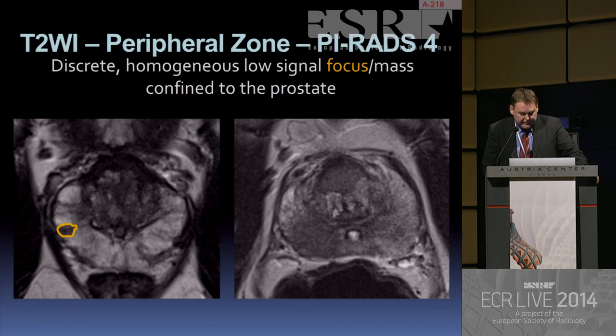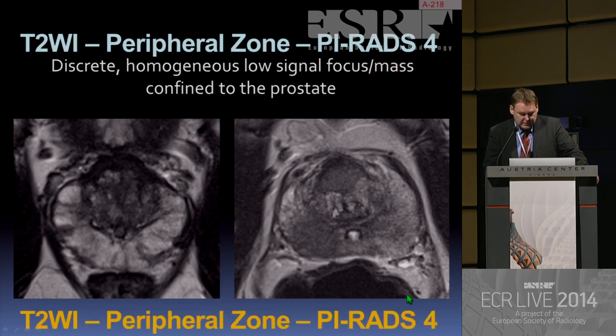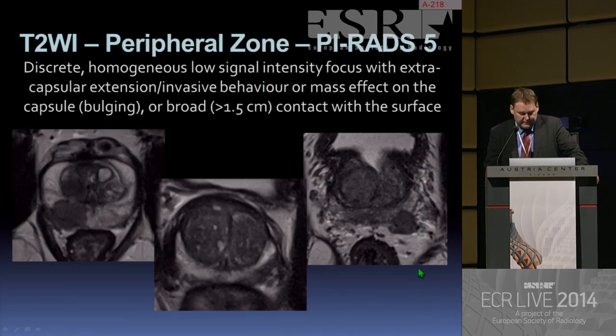What is PI-RADS 4? It's a lesion which is a discrete, homogeneous, low signal focus or mass confined to the prostate. For example, this small lesion or this huge mass. This is definitely PI-RADS 4. And PI-RADS 5 is in principle the same, a discrete, homogeneous, low signal intensity focus, but with extracapsular extension. It means the difference between PI-RADS 4 and 5 is the extracapsular extension or invasive behavior,